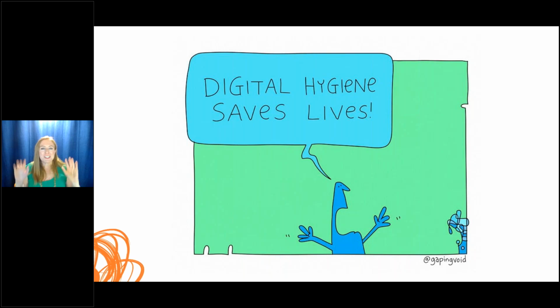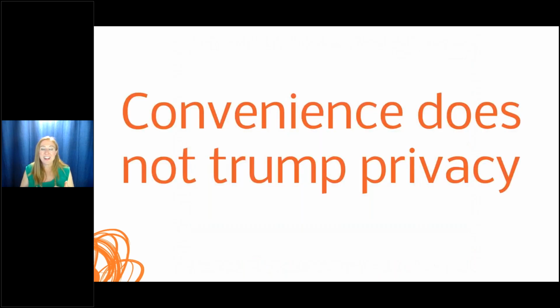There's been a lot of conversation about hand hygiene during the pandemic, of course, but when we're talking about privacy, we also have to be thinking about digital hygiene: your everyday activities that contribute to a safe environment for the health information you hold. I hear a lot of different things in my practice, and where I see people going sideways when it comes to privacy has to do with activities that are convenient. And just as a reminder, convenience does not trump privacy.